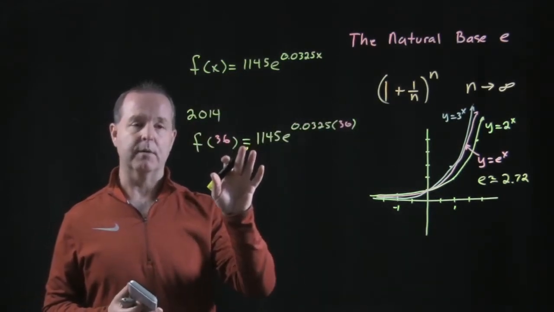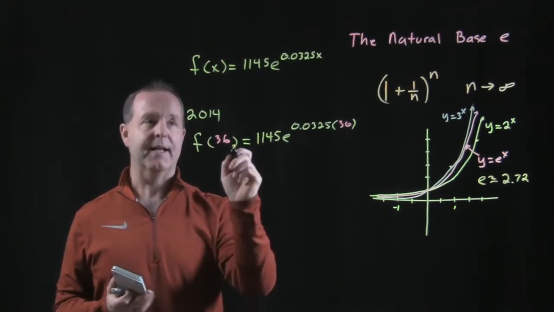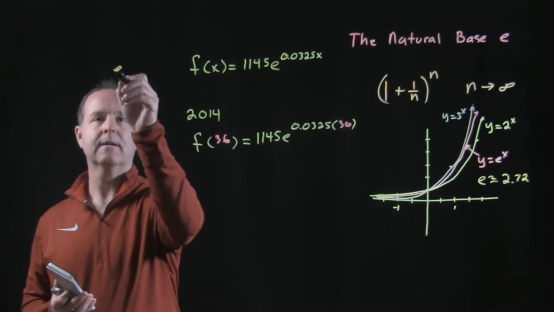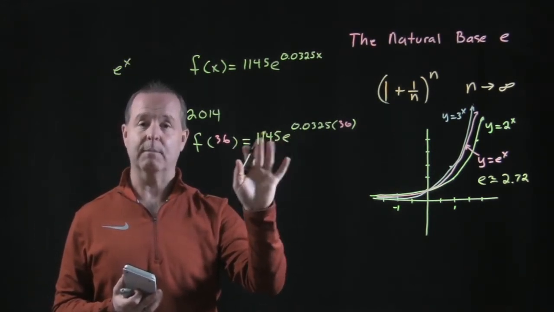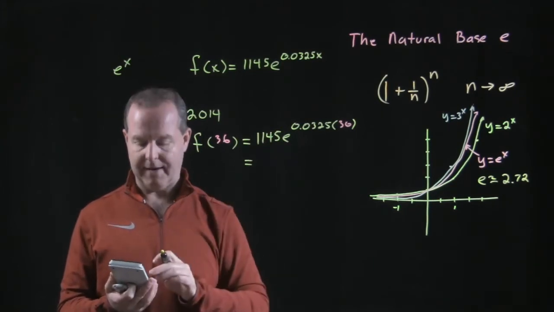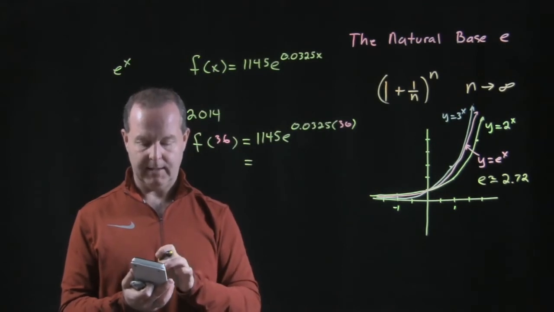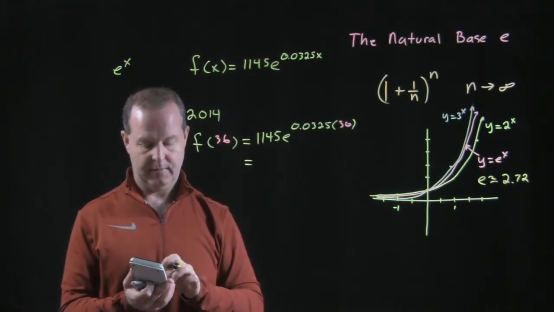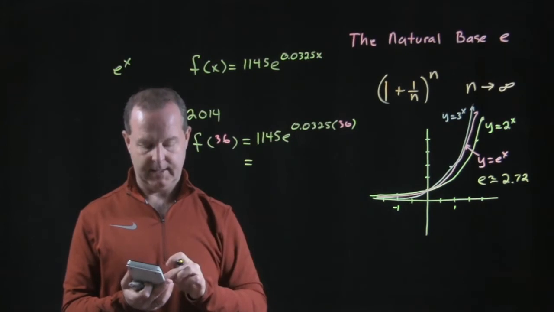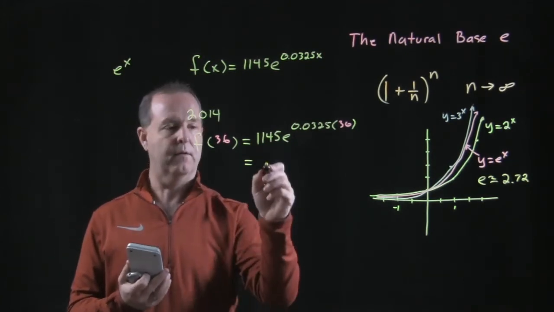in this particular model. Now, pretty much every calculator has an e to the x key. And you're going to need to use that as you're graphing these or finding values of particular ones. So I'm going to graph this: 1145 on my TI graphing calculator, times the e to the x button, parentheses 0.0325 times 36, close parentheses, hit enter, and I get a value of